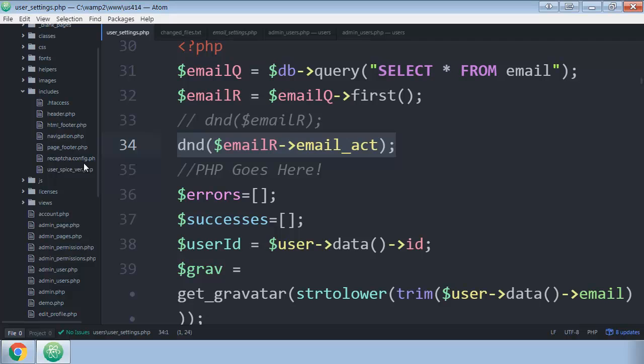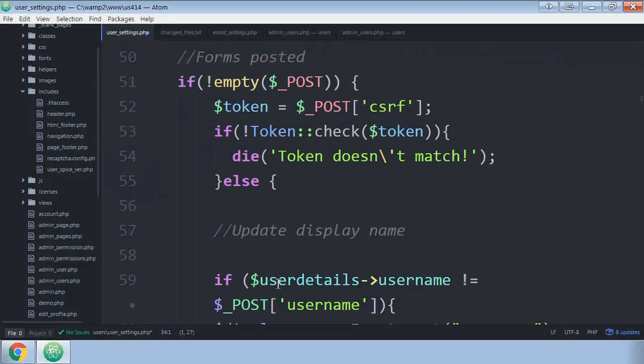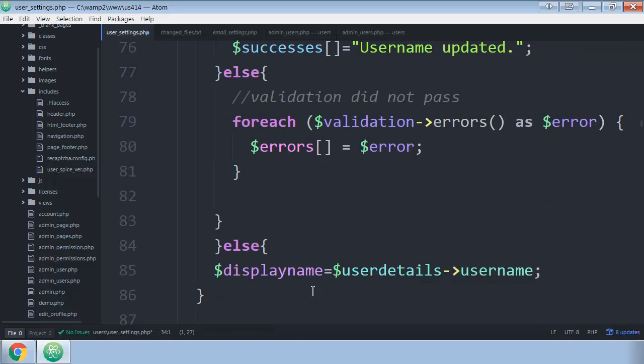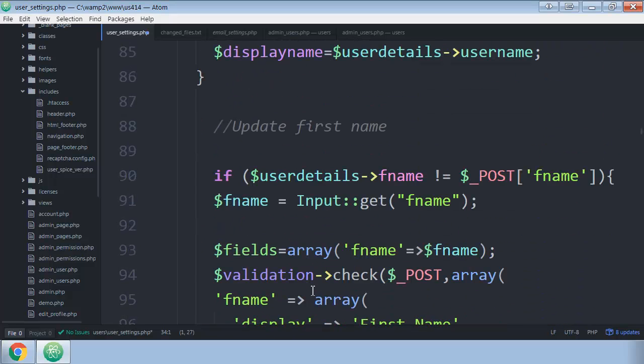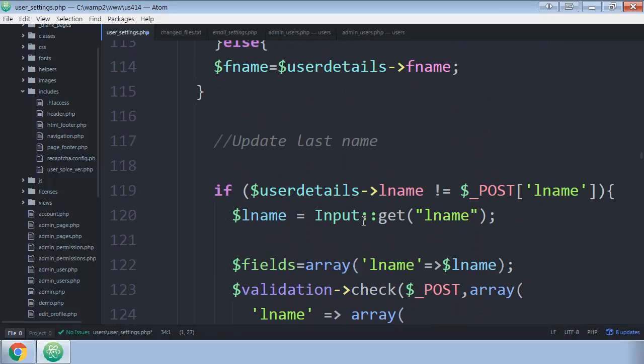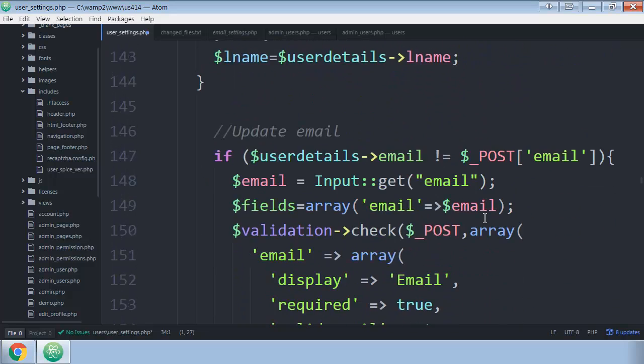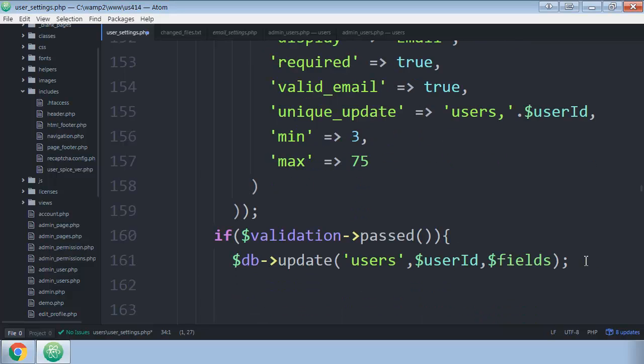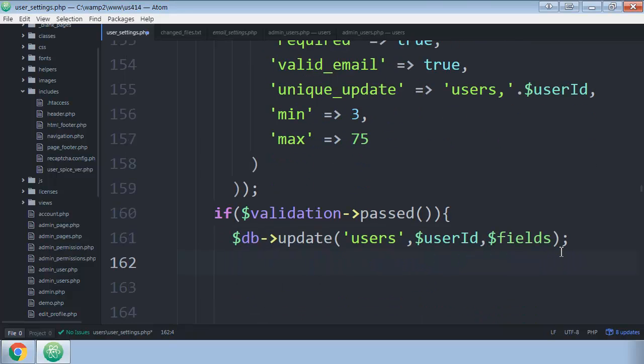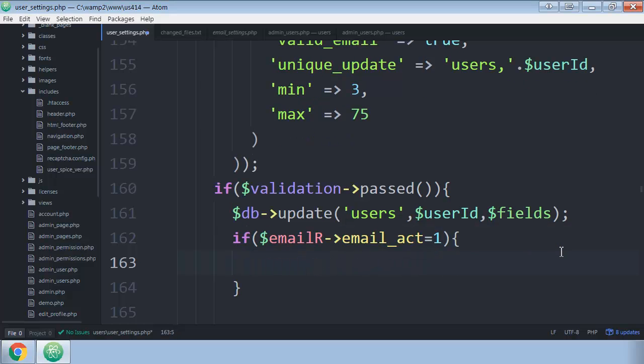So I'm going to copy that. I'm going to comment this out. I'm going to scroll back down to the email thing. And what we're going to do is put an if statement in there. So we're going to go to last name and then email. There we go, email. So now I'm going to if then this equals 1. So in other words, if email activation is required, then